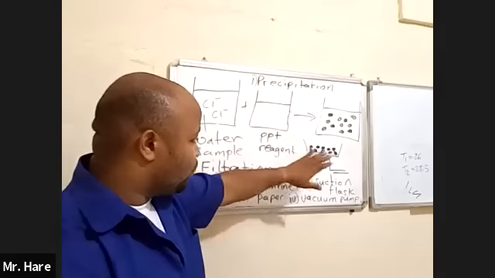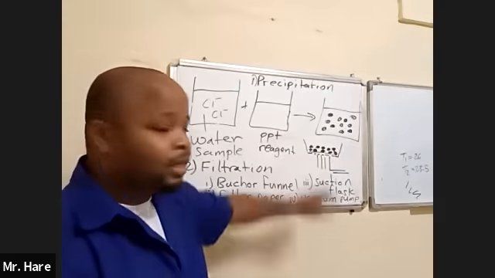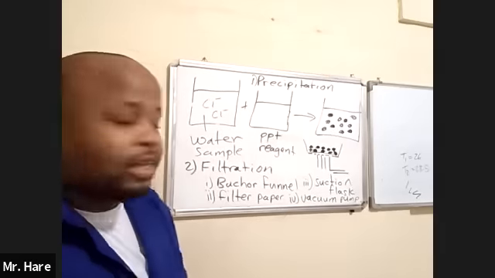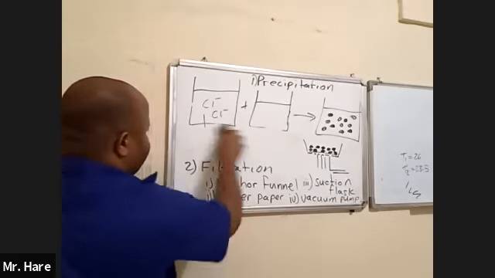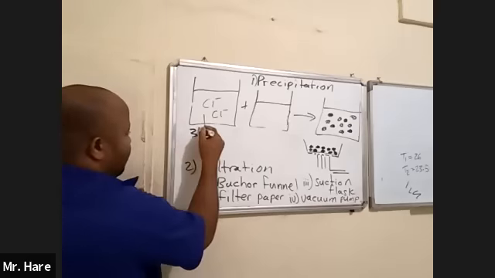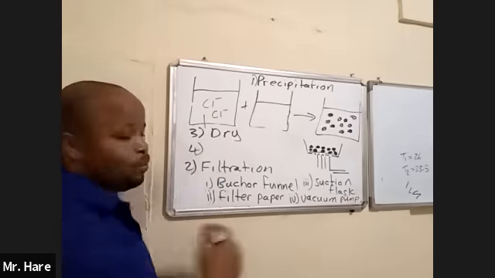Once we are finished with that process, what are we going to do with the precipitate? Right, so step 3. Let me just place the other 2 steps here. So step 3, we would dry the precipitate, and step 4, we would